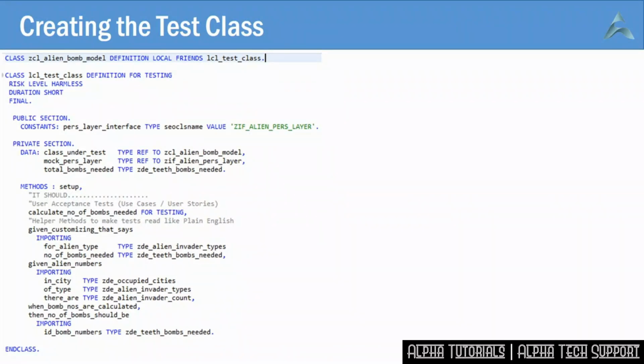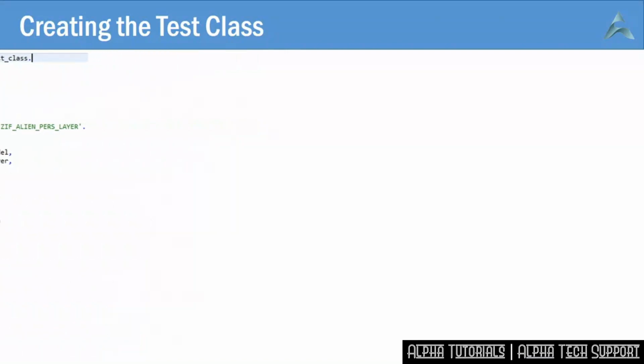and the naming convention is things that it should do, where "it" is the application that we're testing. We've only got 30 characters to play with here, so I've got "it should" followed by dots, to take me up to 30 to make sure I don't go over. I have a list of my 4 testing methods, which are the methods that are going to get called, and then some helper methods to make my test methods look like plain English.